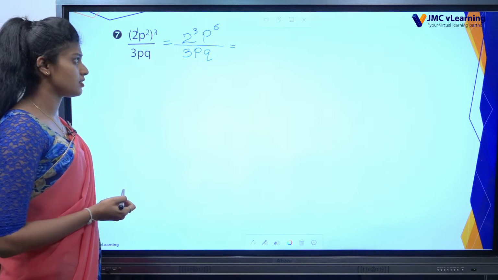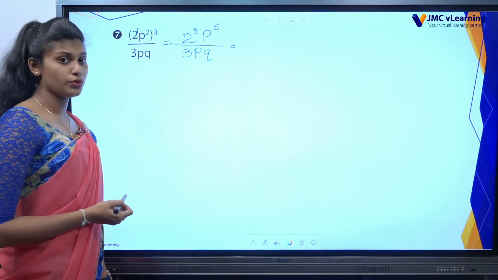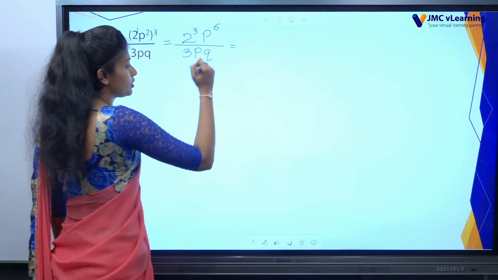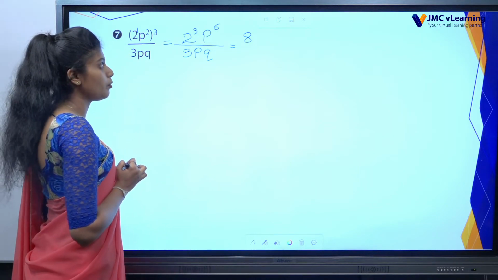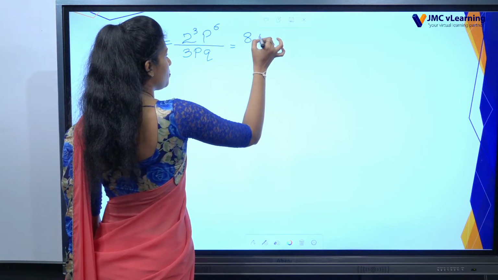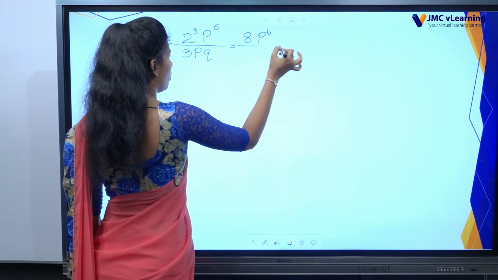Let's simplify. 2 to the power 3. That means what is the answer? 2 into 2 into 2. 2 into 2 into 2 mean answer is 8. 2 into 2, 4. 4 into 2, 8. Then p to the power 6 over